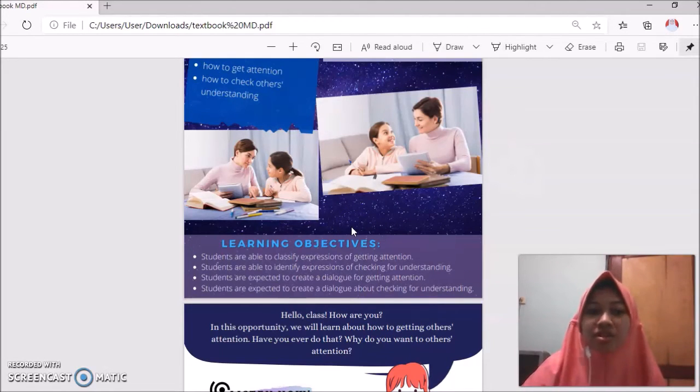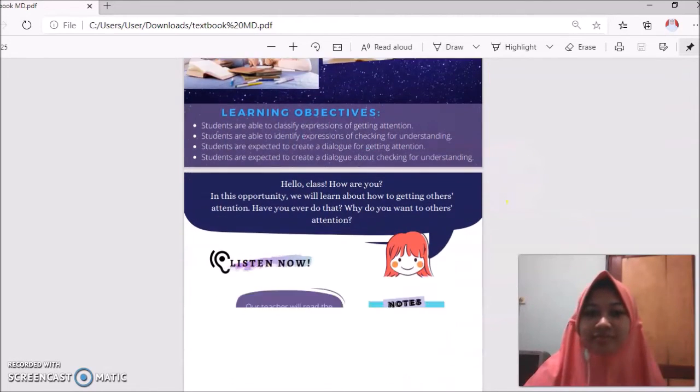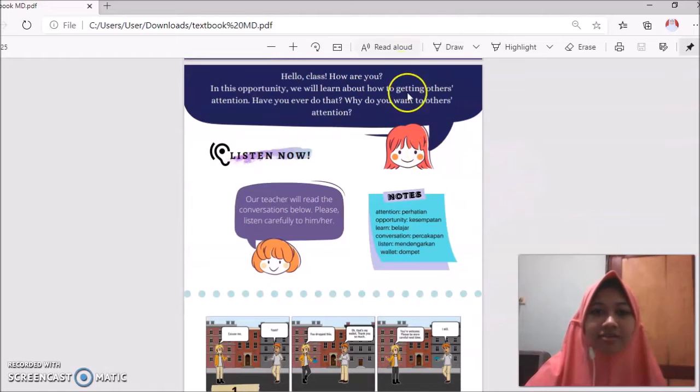Some of the features contained in this chapter are as follows. The first is greeting. They are opening greetings that the teacher can use to start the class. The teacher can ask how students are doing, whether they have ever asked someone's attention, or checked the understanding of others, and their reason for doing that. Next,